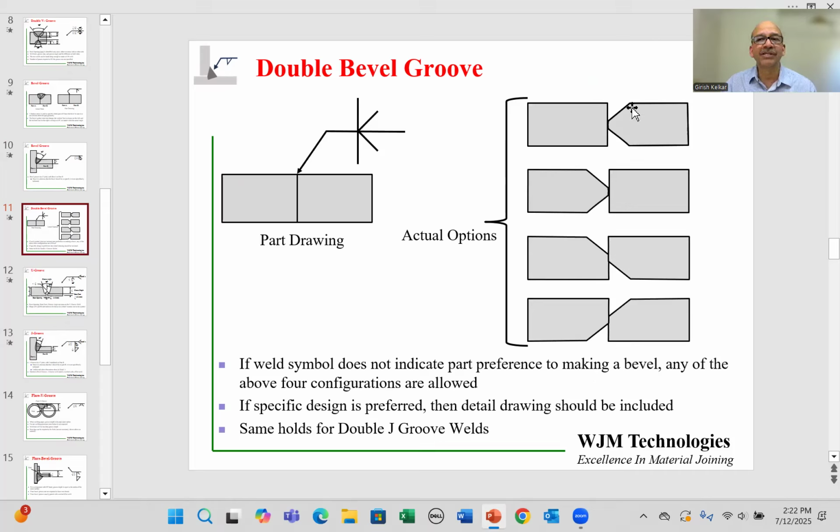Both bevels on one part, both bevels on the other part, the top bevel on one, bottom on the other, and top on the other side and bottom on the other side. So all of these combinations are permitted by this welding symbol, unless specified in the part drawing or in a note or in a schematic by the design engineer. And the same holds true for double J, which is similar to double bevel.